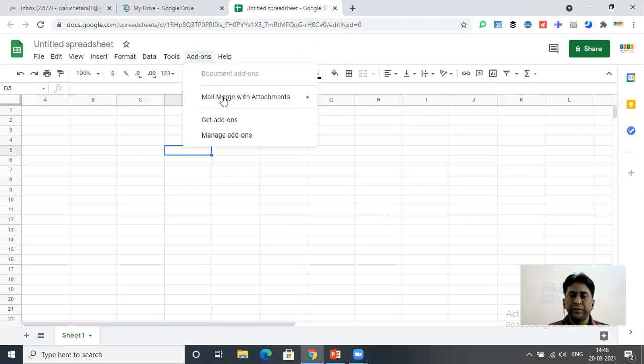Now click on add-on, then Mail Merge with Attachments and enable mail merge.